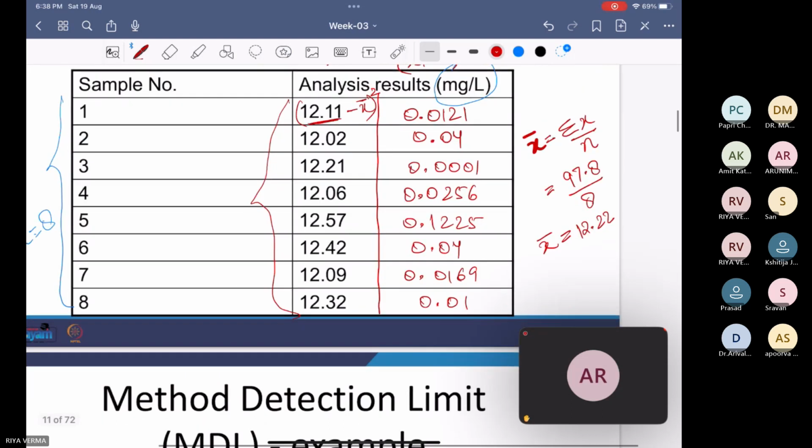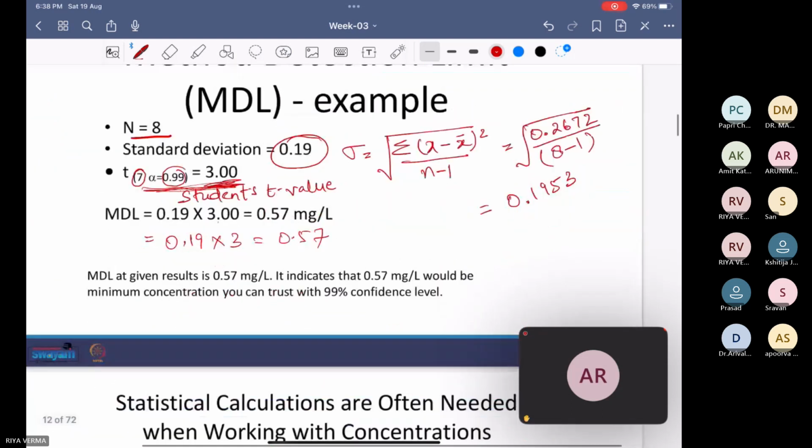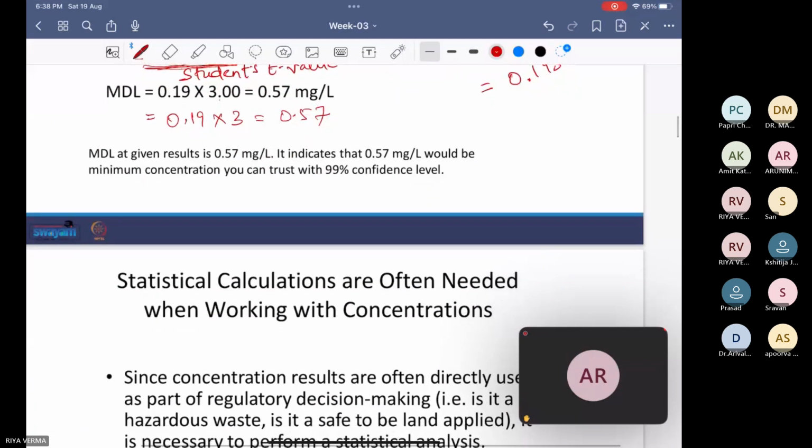So for this example हम ये कह सकते हैं कि जो मिनिमम कंसंट्रेशन, दैट वी कैन से विद 99% कॉन्फिडेंस लेवल, कि हमारे टेस्ट का जो मिनिमम कंसंट्रेशन जिसको हम 99% कॉन्फिडेंस लेवल के साथ रिपोर्ट कर सकते हैं, दैट इज 0.57 मिलीग्राम्स पर लीटर. इसके नीचे का कंसंट्रेशन जो होगा वो हम 99% कॉन्फिडेंस लेवल से नहीं कह सकते। दैट मीन्स कि इसके नीचे के कंसंट्रेशन में जब हम टेस्ट परफॉर्म करेंगे तो वहां पर कुछ ना कुछ एम्बिगिटी आएगी। सो आइदर वी कैन इंक्रीज द नंबर ऑफ सैंपल्स,